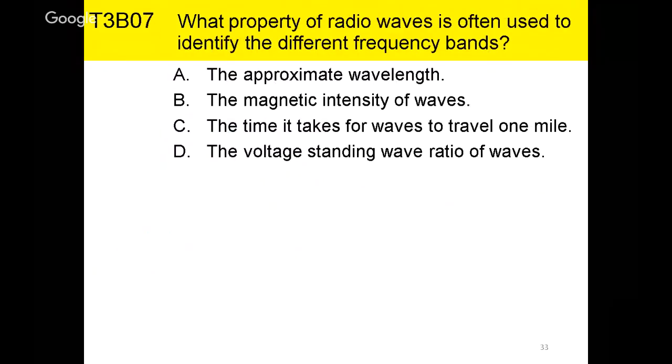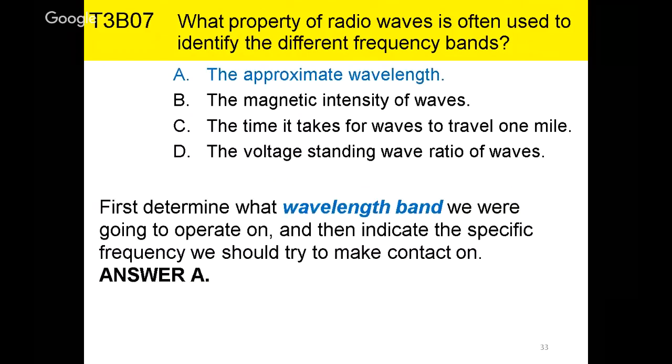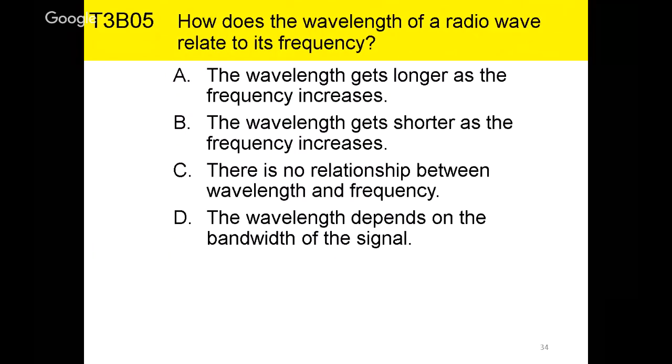What property of radio waves is often used to identify the different frequency bands? Again, the property of the radio waves that we just talked about is the approximate wavelength. How does the wavelength of a radio wave relate to its frequency? I just kind of mentioned that the wavelength gets longer as